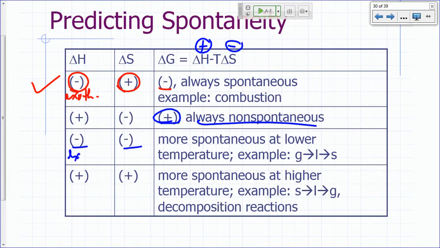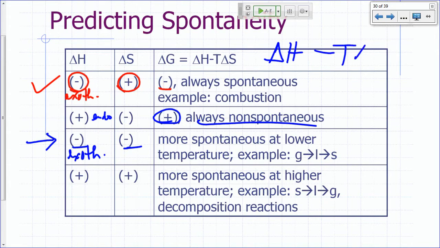This is exothermic again. This one was endo. This is exothermic, but the entropy decreases. These are processes that tend to be spontaneous at lower temperature. Why is that? Let's look at our expression. Delta H minus T delta S, right? If delta H is negative